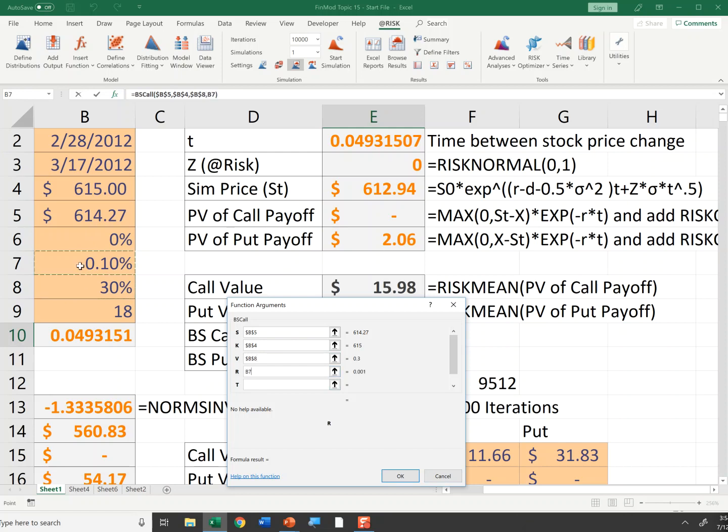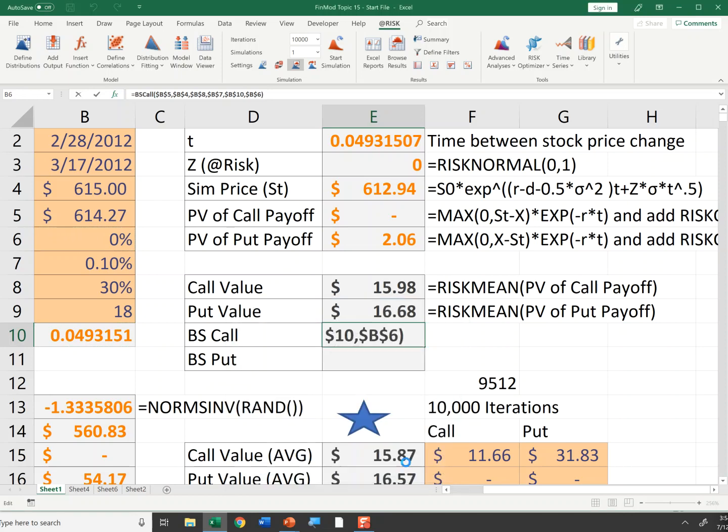The risk-free interest rate of 10 basis points. Anchor that. The maturity of this option, 0.049 years. And the dividend yield of 0. Anchor everything. I'll hit OK. And notice, voila, the Black-Scholes price is equal to that Monte Carlo simulation, and I didn't have to run the